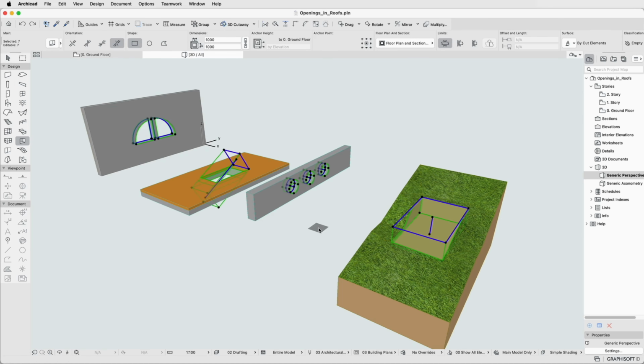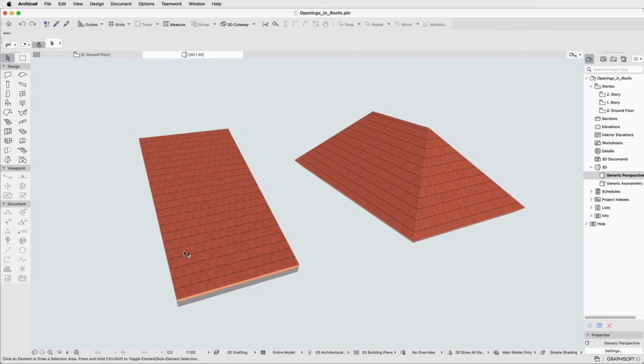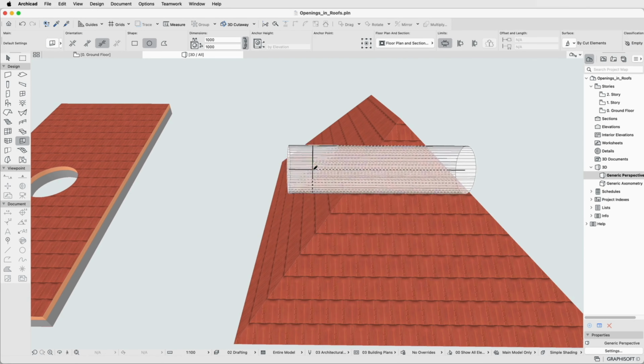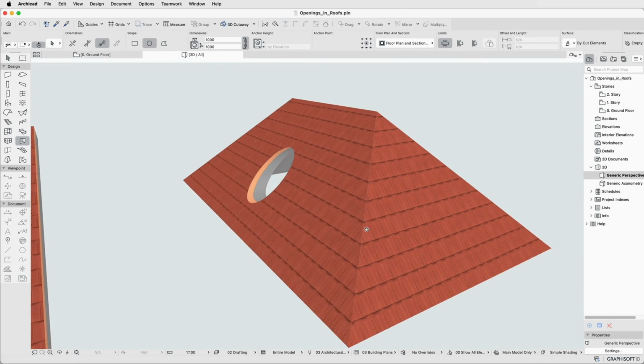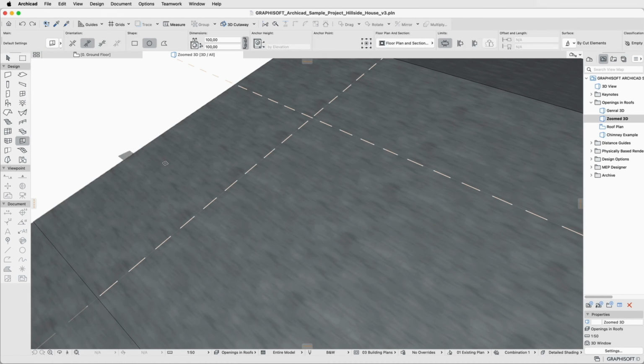Originally available for walls, slabs, beams, and meshes, its usability has now been expanded to include roofs. This was a highly requested development as openings are crucial for architectural, structural engineering, and MEP engineering disciplines. When hovering over a roof with the opening tool, it detects the plane, making the placement of the opening simple